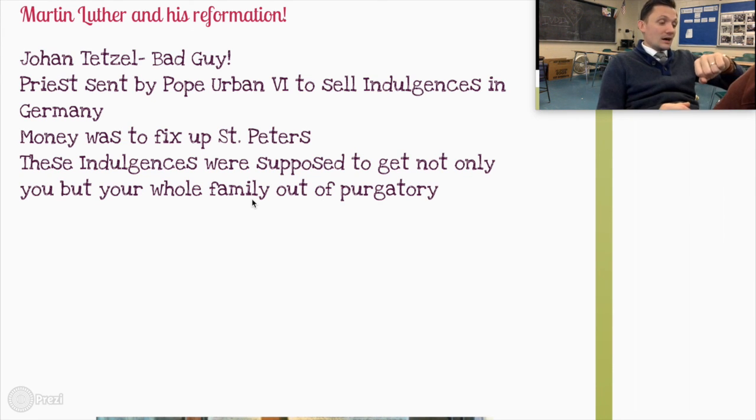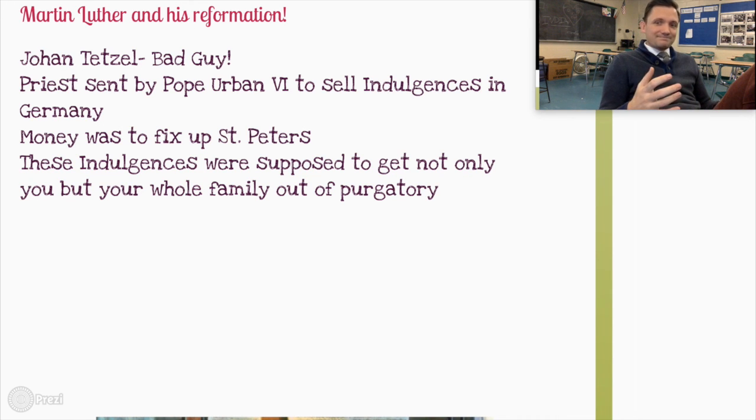Now, if you hear the name Johann and then a word that sounds like pretzel, he's most likely from Germany, right? So he is a priest sent by Pope Urban VI to sell indulgences in Germany. The thing about it is that the Pope wasn't using the money to pay priests or pay for schools or orphanages. The Pope was using the money from the indulgences that Johann Tetzel was selling because he wanted to fix up St. Peter's even more, because he didn't think it was nice